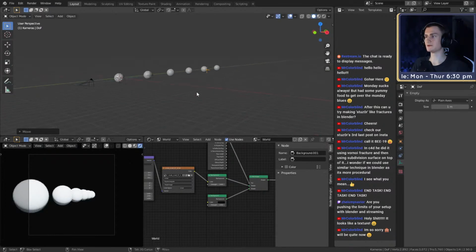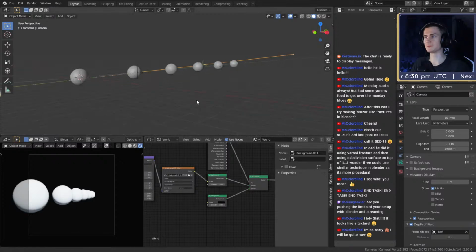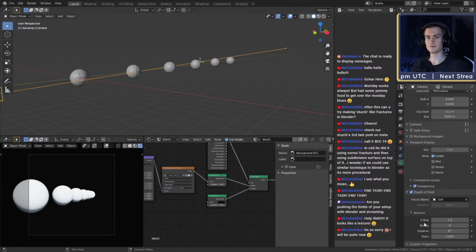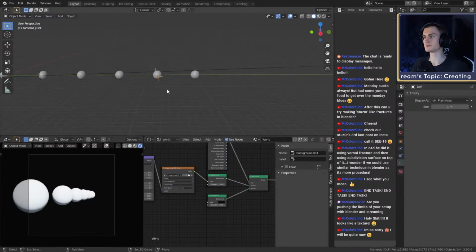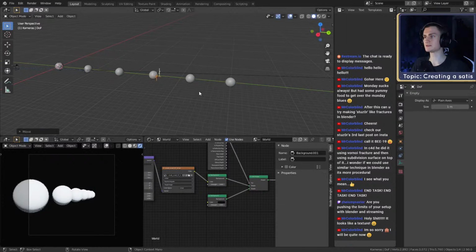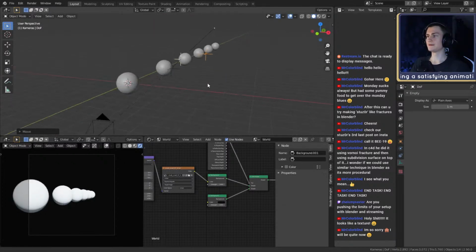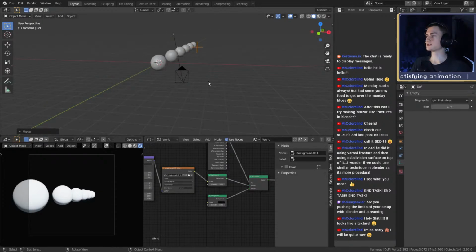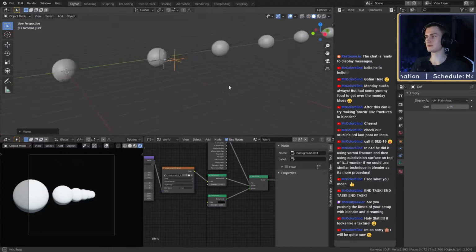You don't have to go in here and first show my limits and then reduce the distance, or change the distance depending on where your focus should be. You can just move this empty and you can see the focus point moves with it. Those are 2 tips. Let's go to the next one.